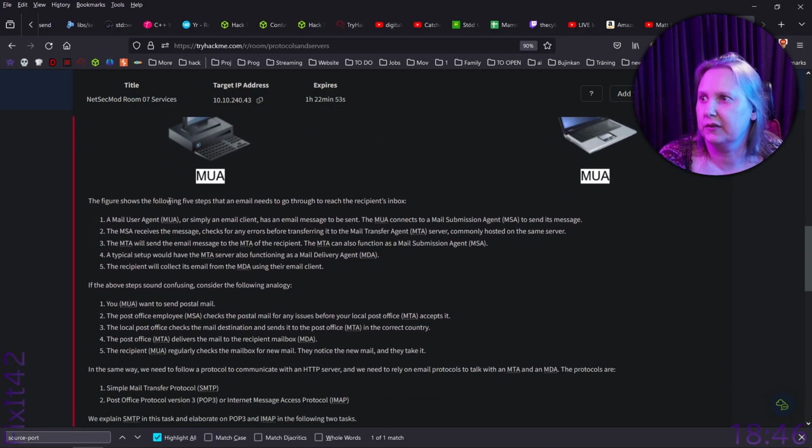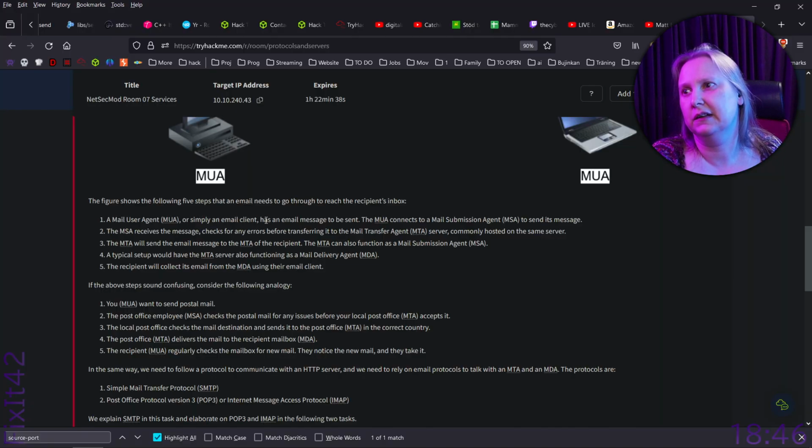The figure shows the following 5 steps that the email needs to go through to reach the recipient's inbox. The mail user agent, MUA, or simply an email client, has an email message to be sent. The MUA connects to a mail submission agent, MSA, to send its message. The MSA receives a message and checks for any errors before transferring to a mail transfer